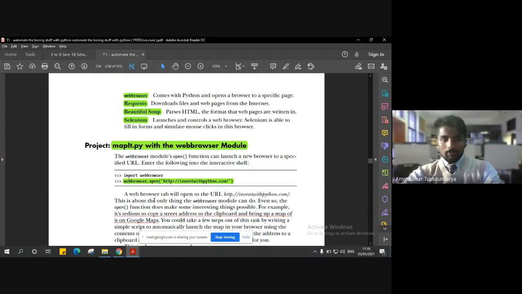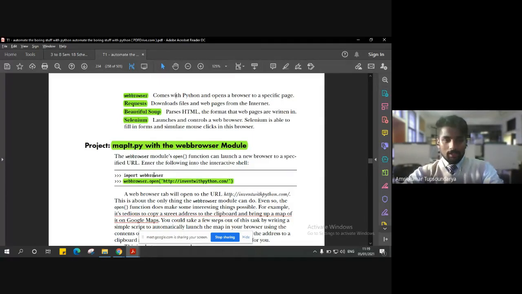For that, we are going to make use of the module called webbrowser, because it identifies the text, which will be our addresses, and uses this webbrowser module to open the other application, for example, Google Maps in this case.